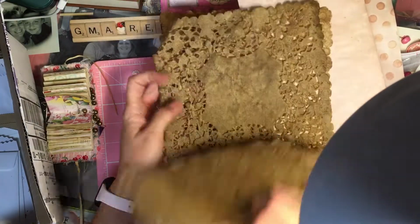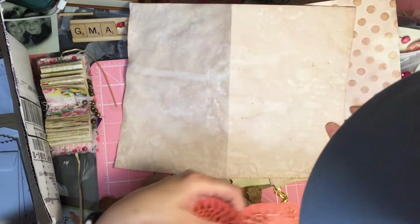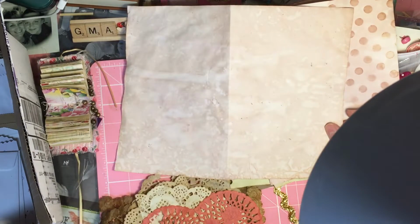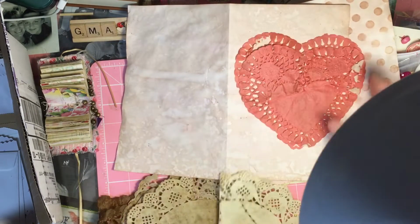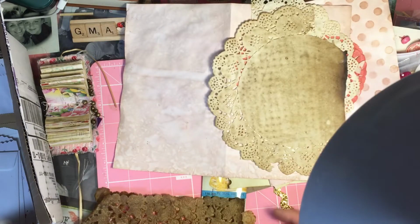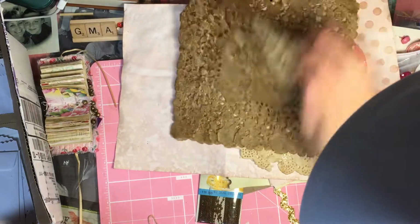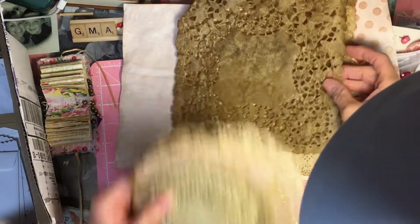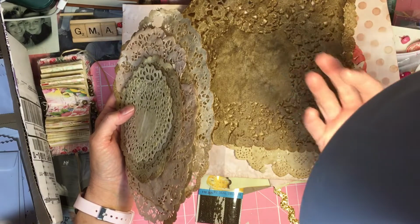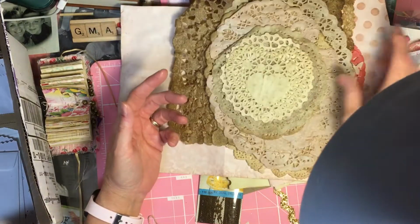coffee staining, because when I put the paper in the solution and lay it down flat, I'll put a doily in the solution and lay it on top of it before I stick it in the oven, and it leaves that imprint. So that's why I'm throwing in some doilies for her. I've used some of them several times, and they're nice and brown, but you can keep using them because as they dry, they pull the coffee out of the paper and it leaves an imprint of the doily,